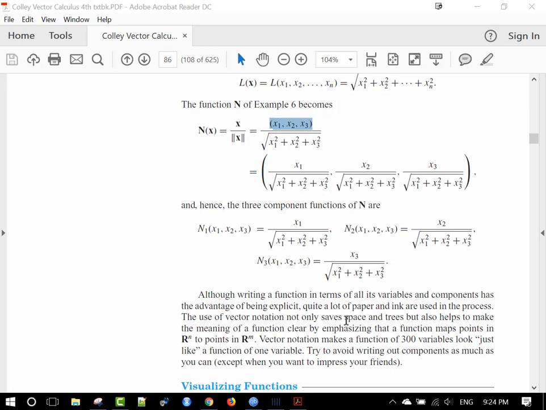The use of vector notation not only saves space in trees, but also helps to make the meaning of the function clear by emphasizing that a function maps points in Rn to points in Rm. Vector notation makes functions of 300 variables look like a function of one variable. To try to avoid writing out components as much as you can, except,